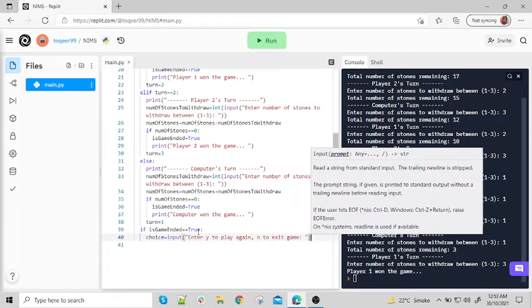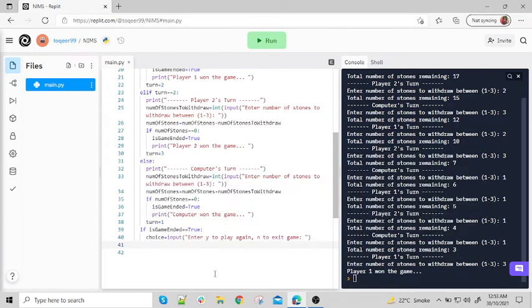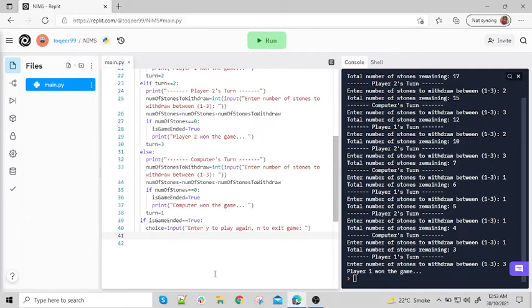This will ask the user to enter y if they want to play again, and if not, enter n, or any other letter can work here. So I will check if choice is double equal to y, then the player wants to play the game again. Actually in Python we need to write it this way. I am working in TypeScript, JavaScript, C++, Java, many languages at a time, so sometimes I mix up the variables and keywords. So here is game ended is set to false again.